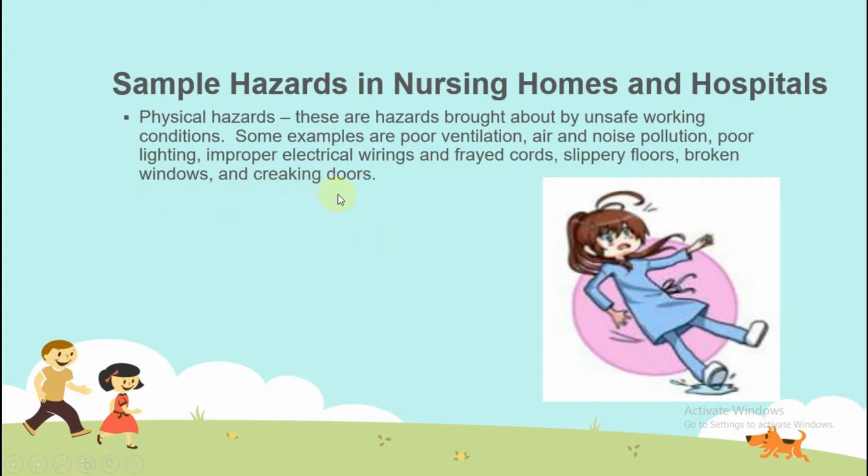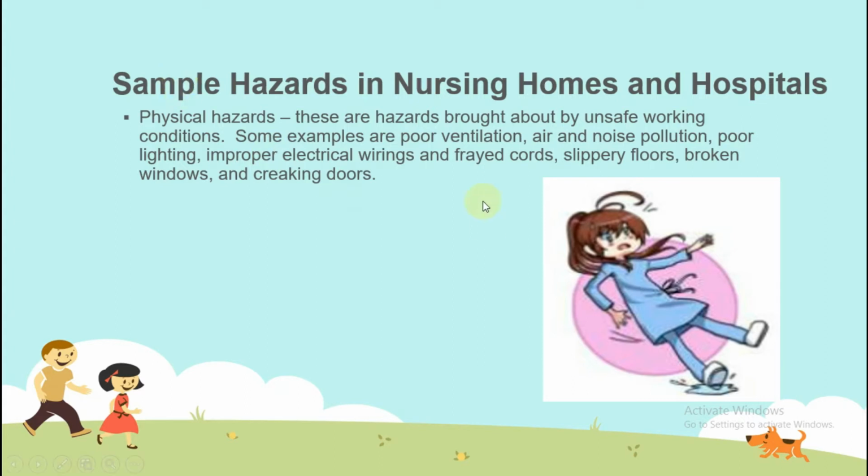First, let me further explain what a hazard is. A hazard is an accident waiting to happen. For example, a banana on the floor. That is considered a hazard. It is an accident waiting to happen. Another example